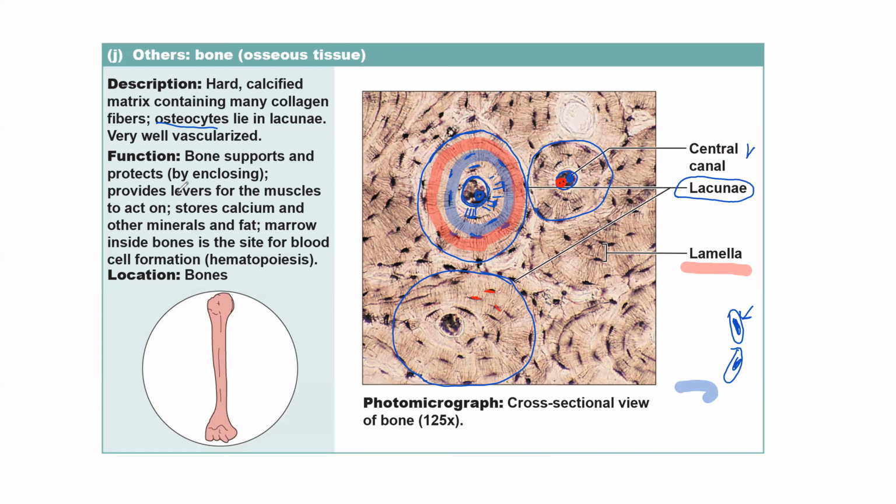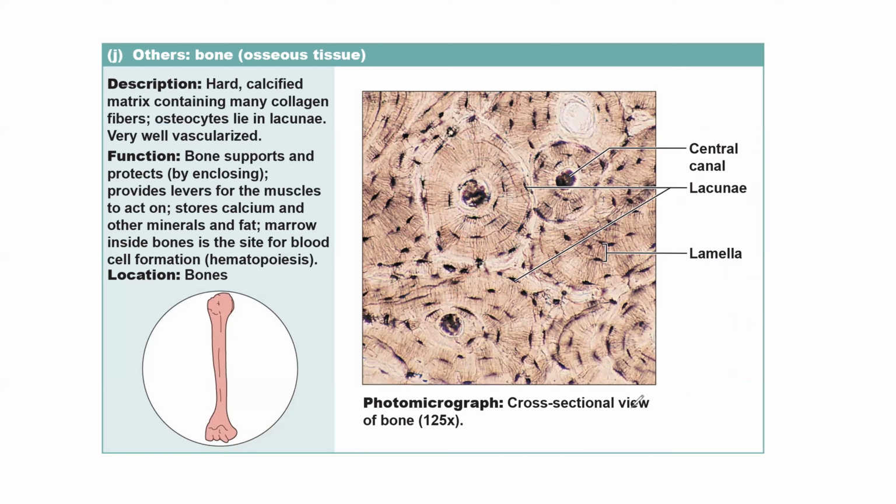Marrow inside the bone. So inside the bone, you will have a cavity. Not so much in a long bone, but when you're young, you do. And inside this cavity, it's called bone marrow cavity. You have bone marrow, and the bone marrow is the site for blood cell formation. This process is called hematopoiesis, and location: your bones. Right, so that's our